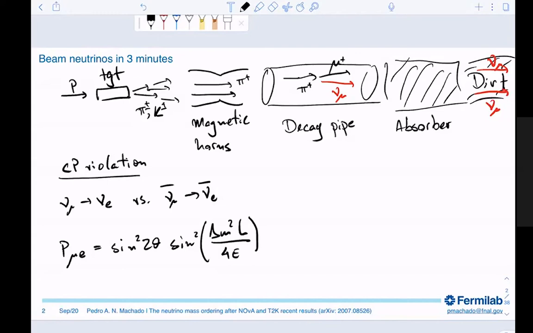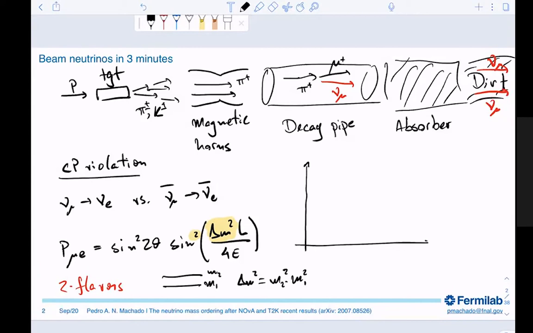So this is for 2 flavors, right? The nice thing about this is that you can see here, for instance, that this is a sine square, which means that the sign of this delta m square does not play any role here. So if you are in vacuum and you're looking at a 2 neutrino framework, the sign of delta m square cannot be measured. And delta m square itself is the mass splitting between neutrinos, right? You have, let's say, mass 1 and mass 2. And delta m square is essentially m2 minus m1 squared, for instance.